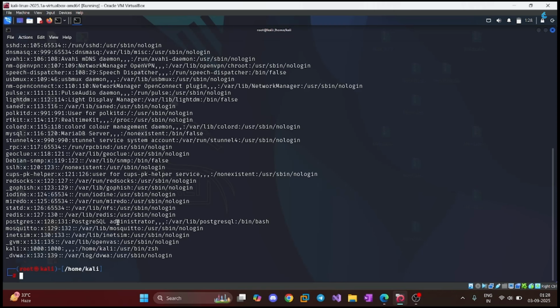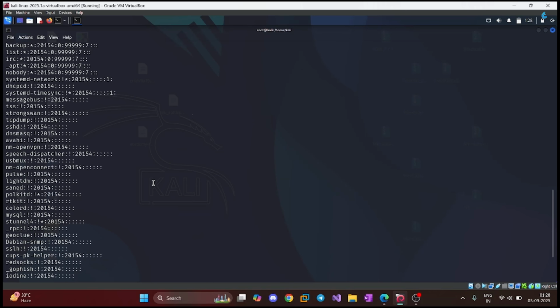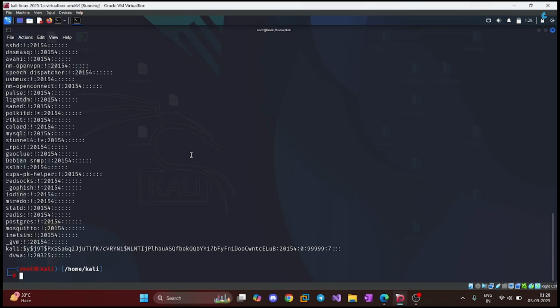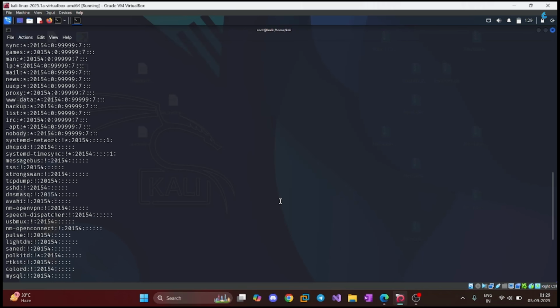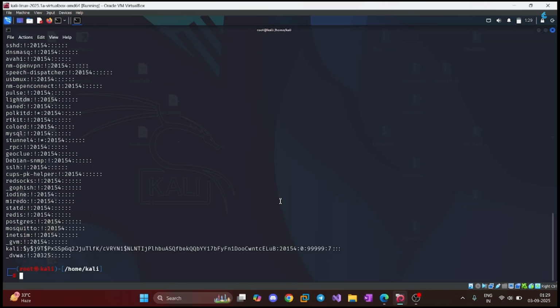Then after this, now we'll focus on the shadow file. As I said, the shadow file actually contains the hashed passwords of the users, right? So as you can see, I have the hash for the user Kali. And if the password is weak, I can definitely crack it with a basic word list. So this file is really sensitive and can only be accessed by privileged users, right? Then at last we have the group file,